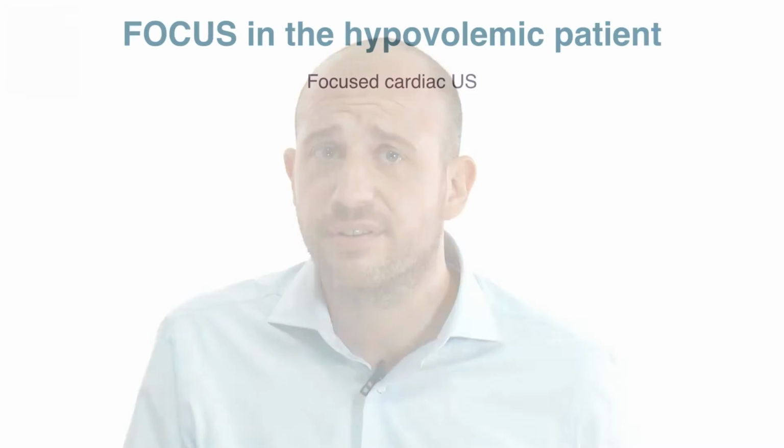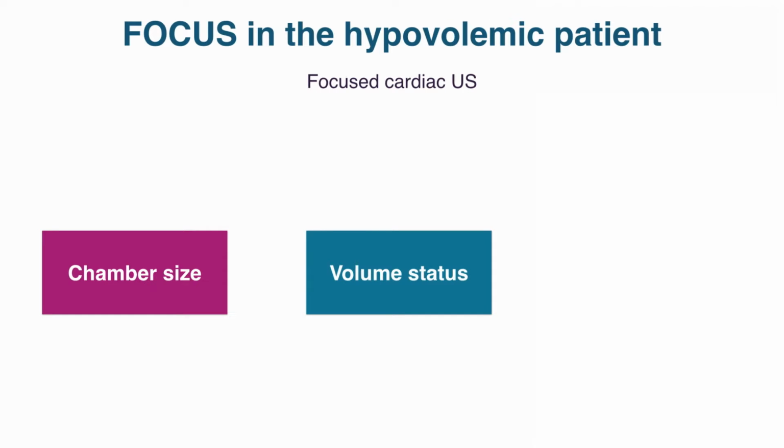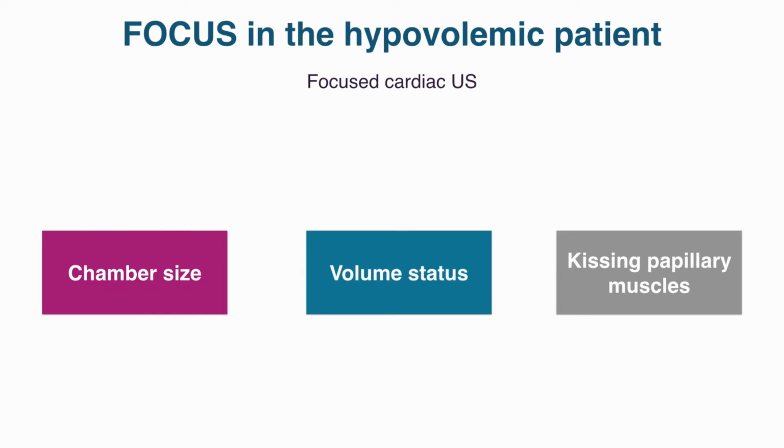Focused cardiac ultrasound in hypotensive patients looks to chamber status, small left ventricular end diastolic and end systolic area, volume status, small collapsible inferior vena cava, and to the kissing papillary muscle sign, that is a left ventricular cavity obliteration. Always check if there is bleeding and don't confuse hypovolemia with hypodynamic situations that could appear like hypovolemia, for example,